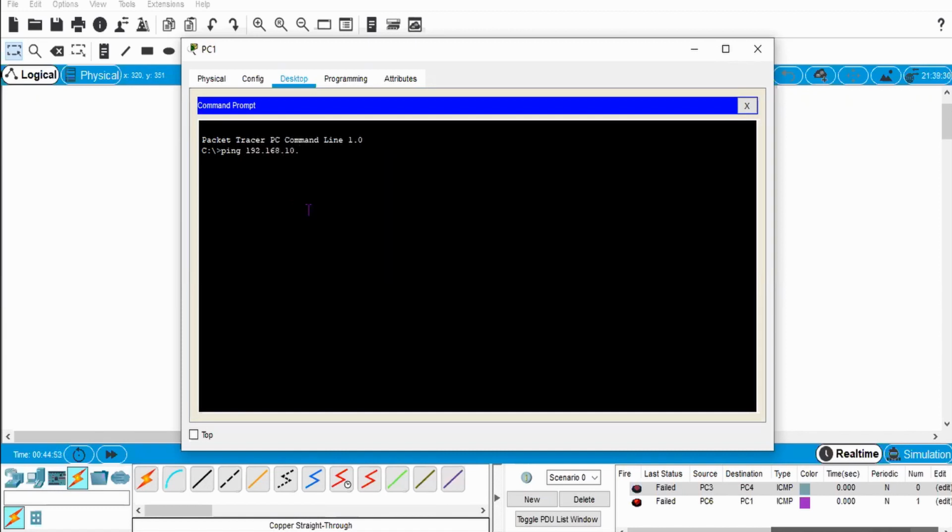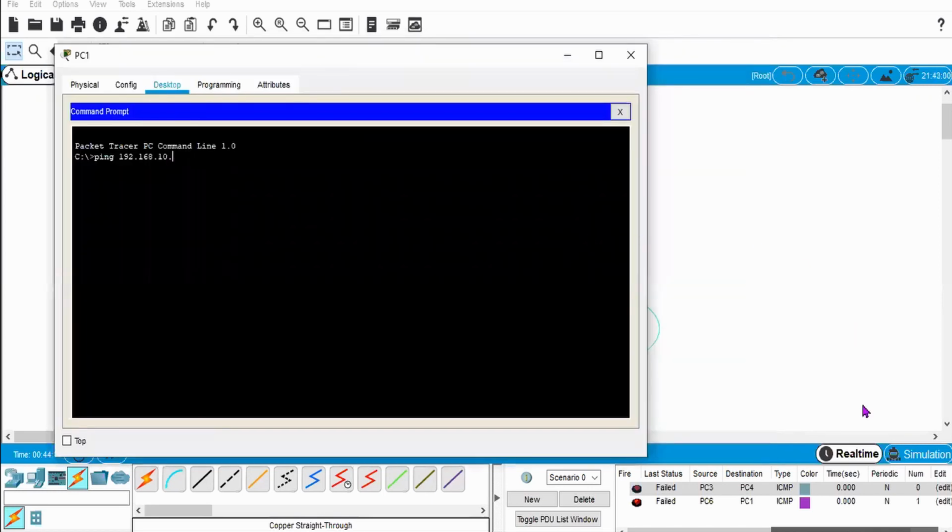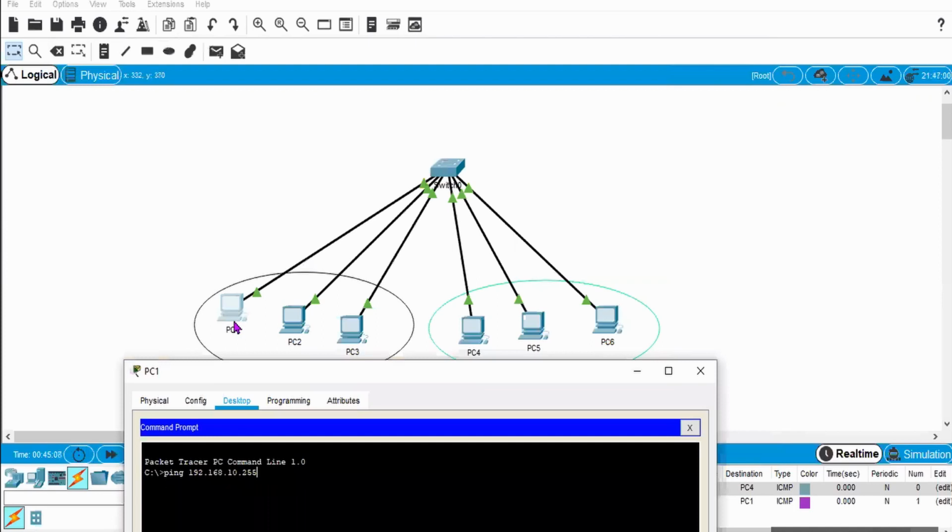Now for PC1, my broadcast ID is basically 127, not 255. Okay, we can check for 255 also. If I do this .255, that echo request will generate from PC1 and be discarded at PC1 itself. Okay, we can see that thing also.